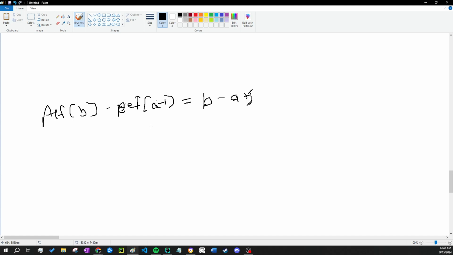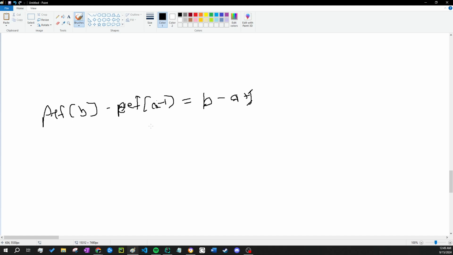Because we can solve for prefix b, we can also solve for prefix a minus 1, but there are still too many variables we do not know. Prefix b is simply a prefix sum, right? Prefix i is simply the sum of a0 to ai.